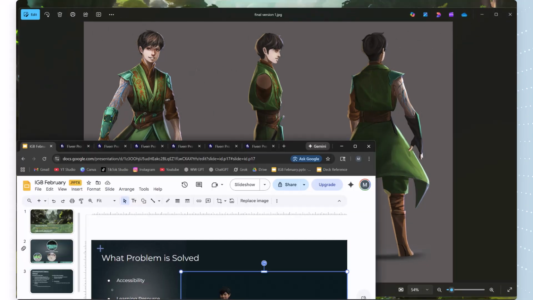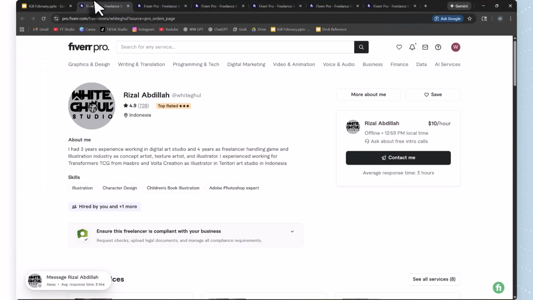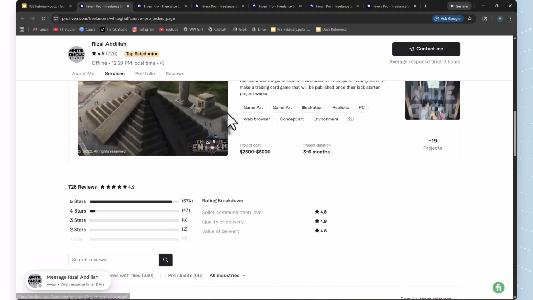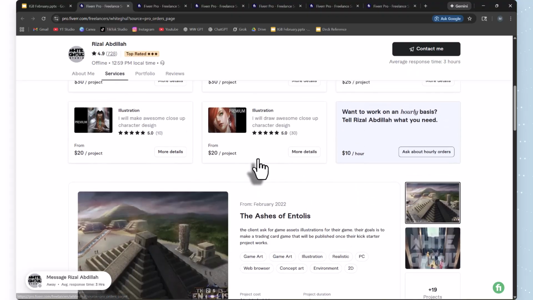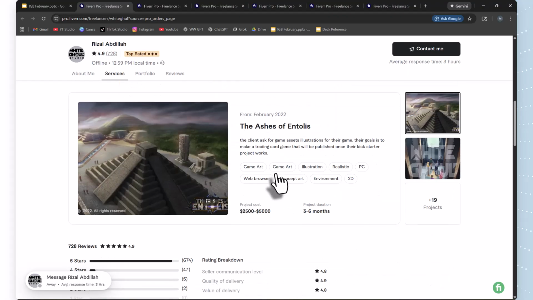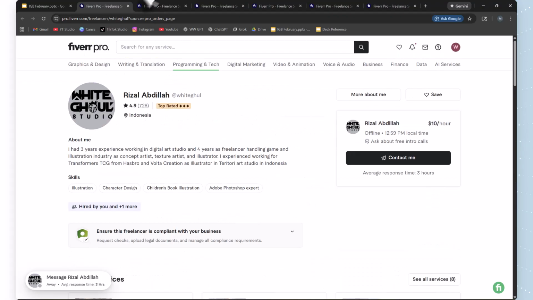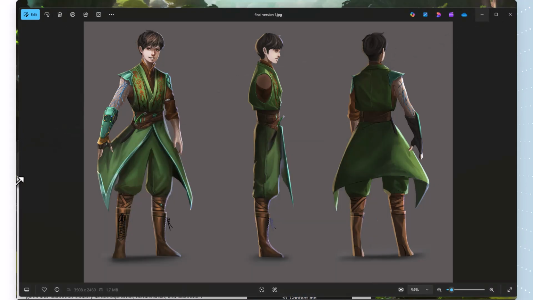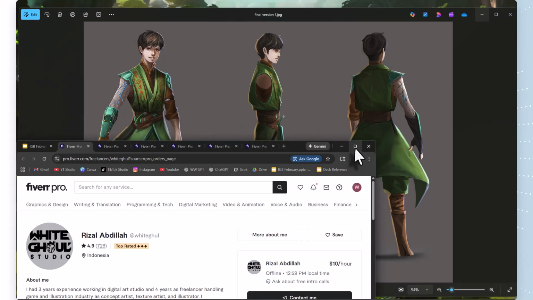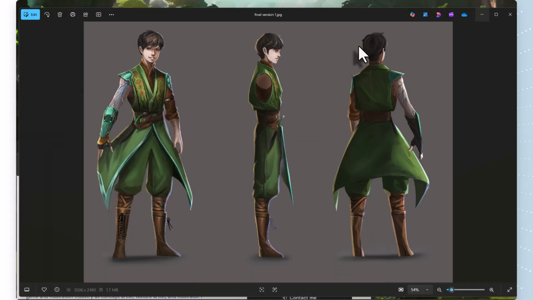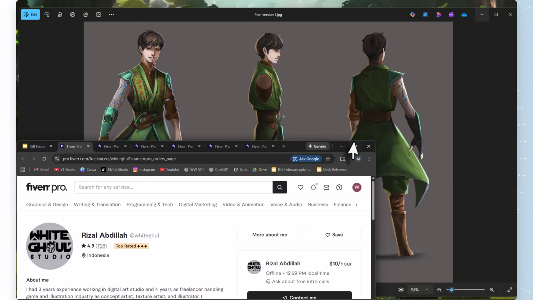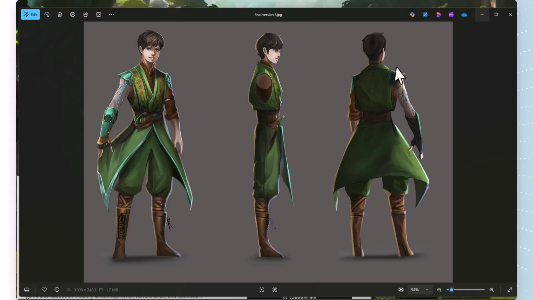So let me show this profile and I'll link him in the description. This is Rizal from White Ghoul Studio. You can check out his portfolio. He's got lots of work for character development. And I reached out to him and we discussed it through Fiverr, and then this was the end product for the concept art. So with that, and after a few iterations and revisions,